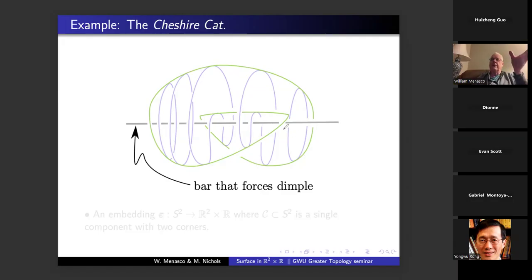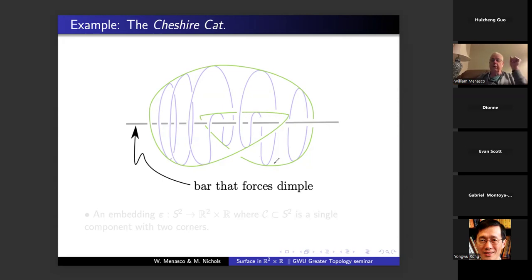So think of if you took a three ball that's made out of clay, and you were going to take something parallel to the x-axis, but you tilt it a little bit and you push in. Then when you project down